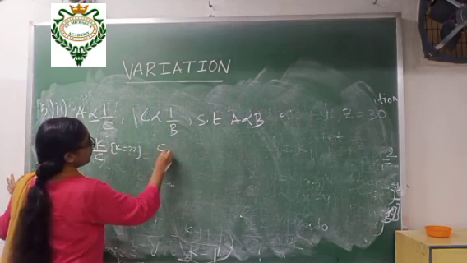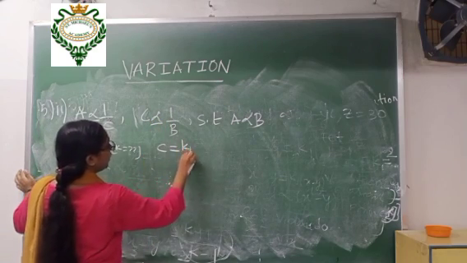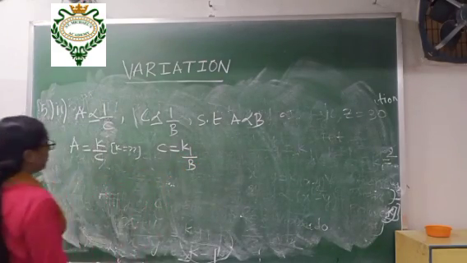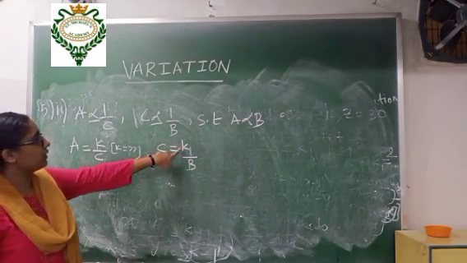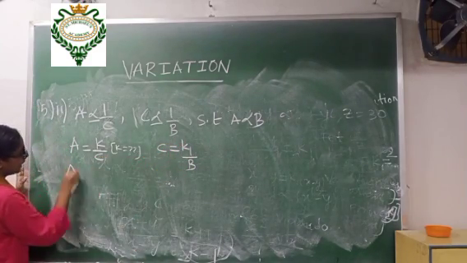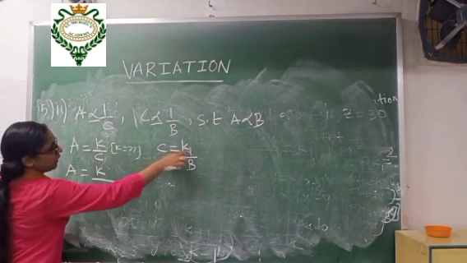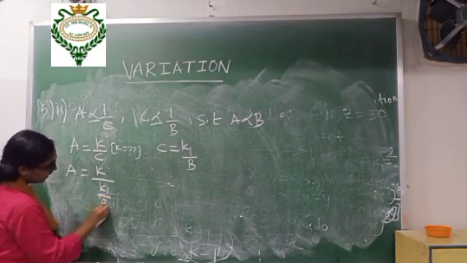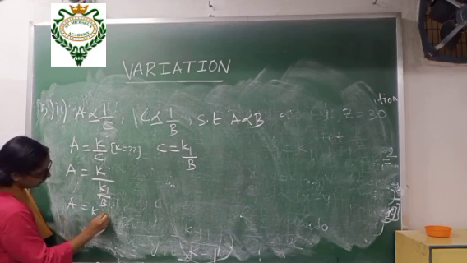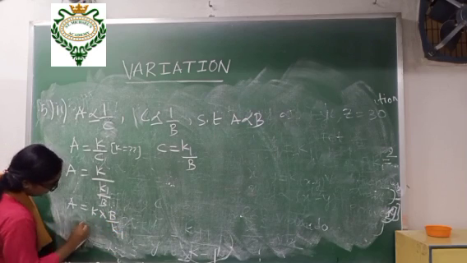Again, in this part also we will remove the variation sign and we will give k1. Now we will not give k, we have used k already. k1 by b. Now, can you see? C value is given, k1 by b. So this C value I can put here. What I am doing is, in place of C, I am putting k1 by b. K by (k1 by b). Now what will happen? When you multiply it, it will become A equals (k by k1) times b.